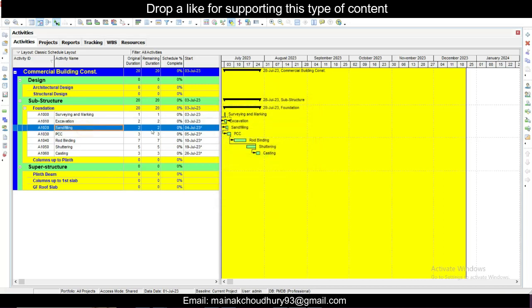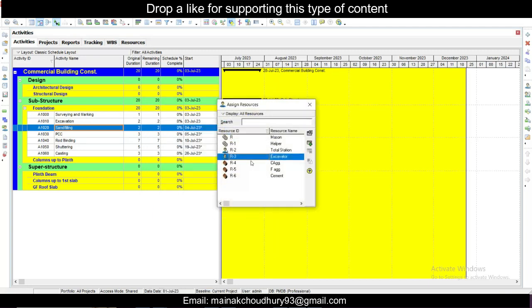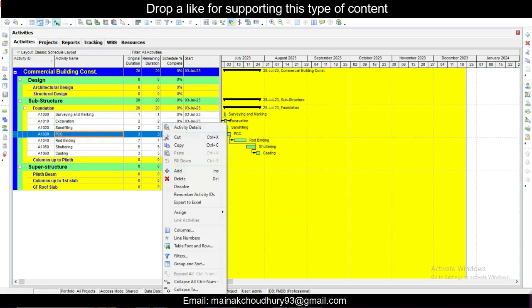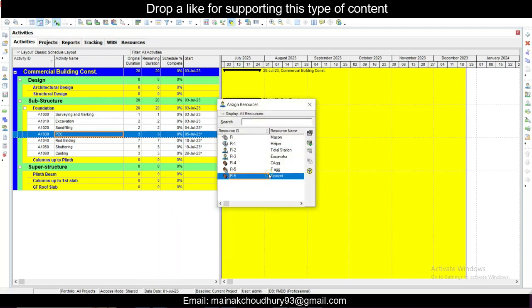For the sand filling, right click, go to assign and go to resources. Sand filling will need fine aggregate and helper, right? Assign and close. For the PCC, we'll need right click, assign resources. PCC will need cement, sand, coarse aggregate, mason, helper, right? Assign and